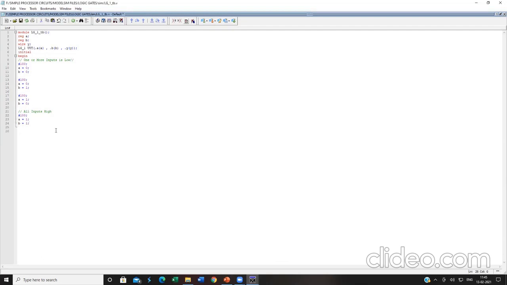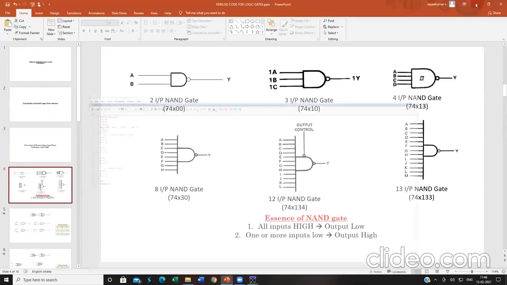Once you have done with this end module, you are completing the test bench module. Here also, whenever I'm writing a program or adding a new thing, whether it may be an original RTL file or test bench file, an asterisk will automatically appear over here. This indicates you have not yet updated your changes. So you have to click on Control S. Okay, now with this, just minimize this window again.